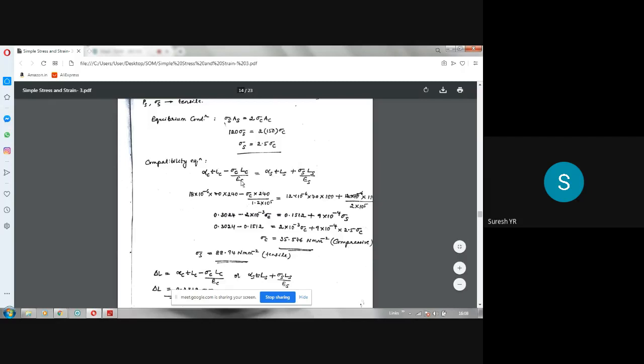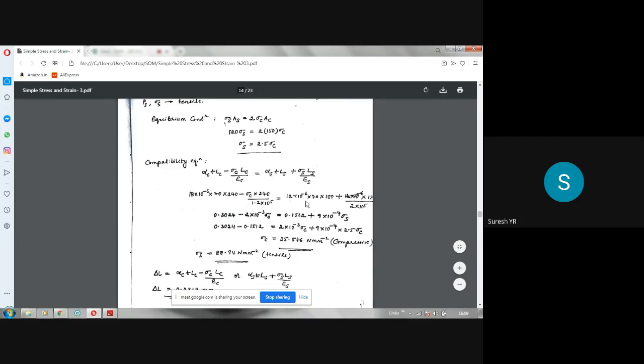But expressed in terms of copper, this is expressed in terms of steel. So in this, whatever known things are there, you substitute all of them. So alpha C is 18 into 10 power minus 6, into T, which is 70 degrees centigrade, the change in temperature. LC, the length of the copper rod, is 240, minus sigma C, which is unknown. LC, length of copper, is 240 mm divided by EC, which is 1.2 into 10 power 5, the given value, is equal to